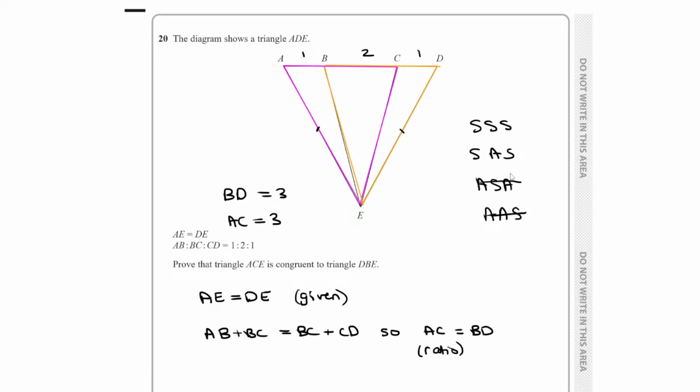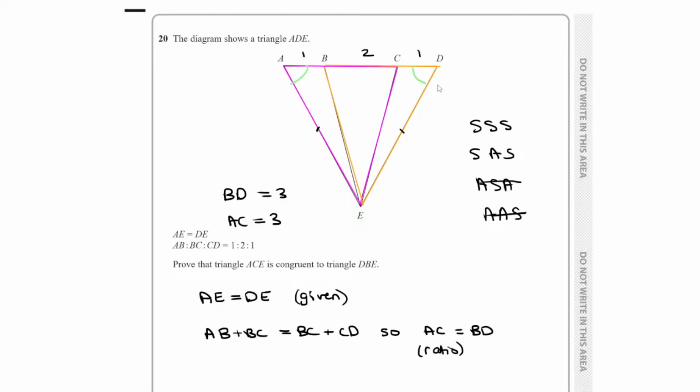Or can I prove that I've got an angle, but it has to be the angle between them? So you see how I've got AE and then AC, it would have to be this angle here. So can I prove maybe that angle is the same as this angle? That's what I'm thinking. If you've got these 2, by the way, that's already 2 marks out of 3 anyway, as long as you've written the reasoning. That's 2 marks. So I think I'm going to look at these angles here and get my green, this angle